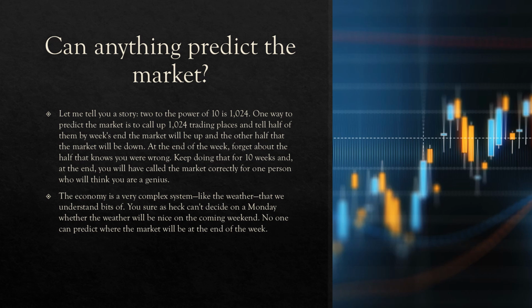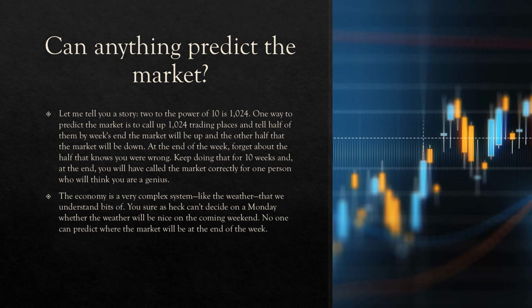So in other words, if you take a group of 100 people, tell 50 of them the market's going to be up, 50 of them the market's going to be down. Well, the 50 that were wrong, you throw away. You just keep the 50 that are right because they all think, God, he made a good choice this week. And then you divide those up and tell 25 of those the market's going to be up and 25 of those the market's going to be down. The ones that are wrong, throw them away. You still have 25 over here that think you're an incredibly smart analyst.